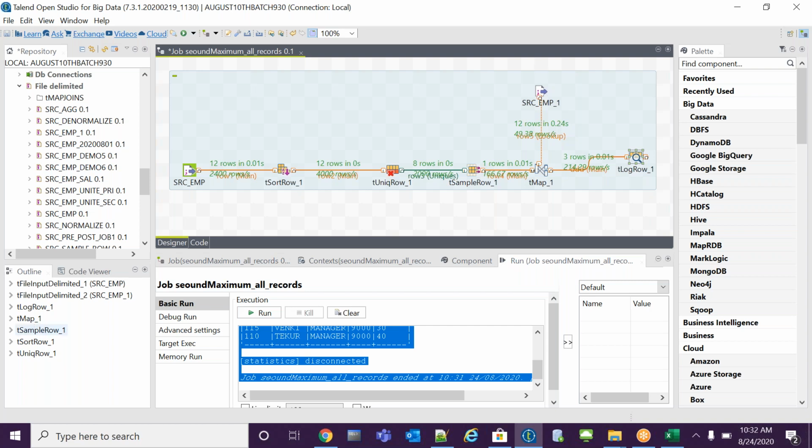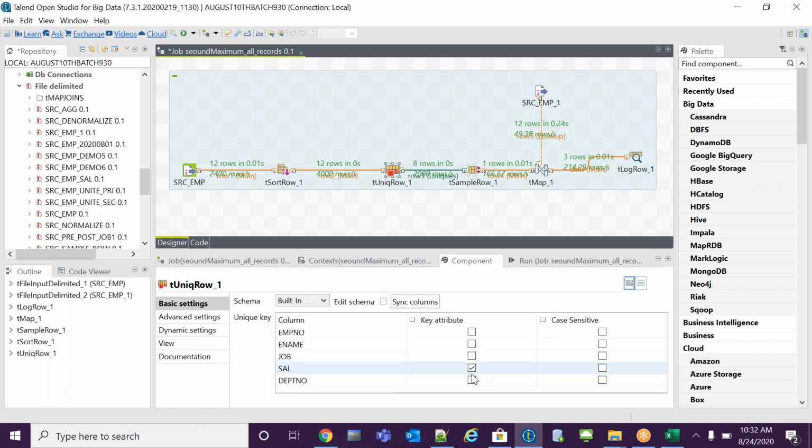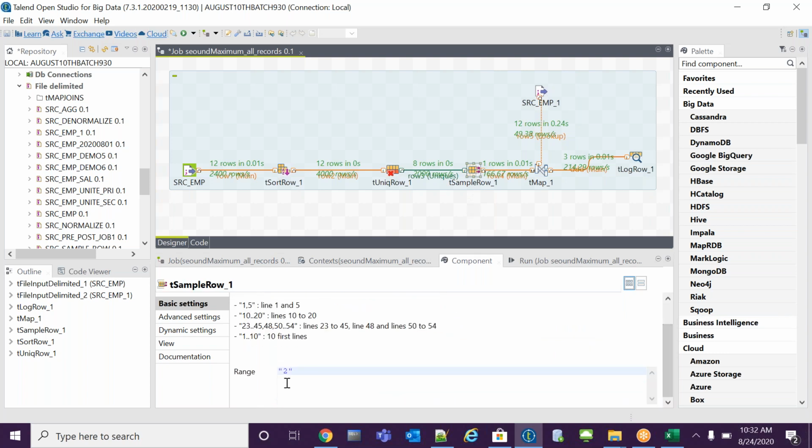First I will take the source, then I will sort the data based on the salary column in descending order, because I want the maximum salary. Then I will remove the duplicates based on the salary key column. Then, to get the second maximum salary, I can define the range as 2.